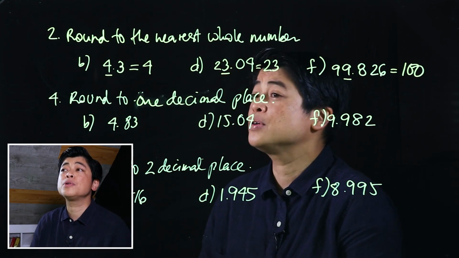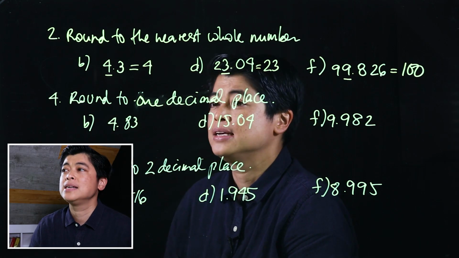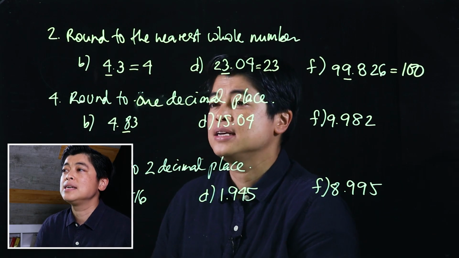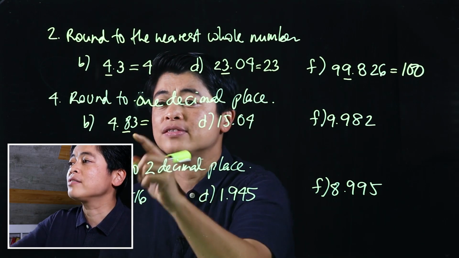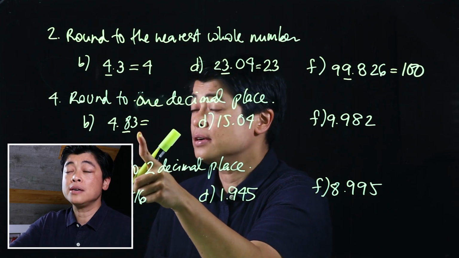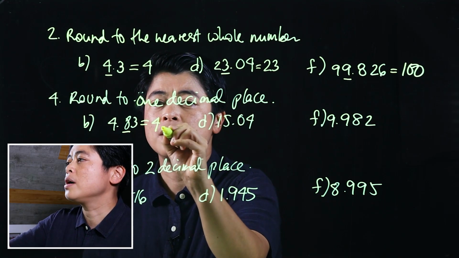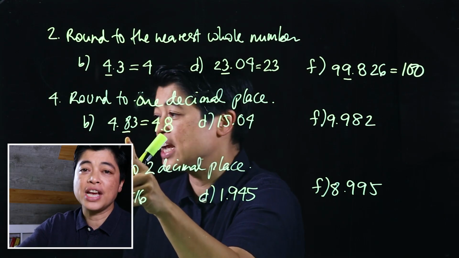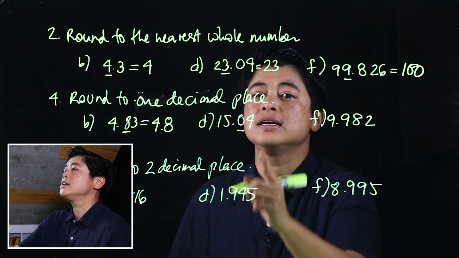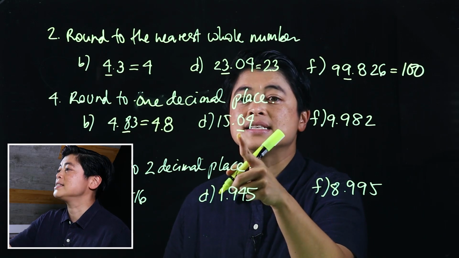Same procedure if it says round to 1 decimal place. Here's the first decimal or tenths place. I look at the number after the tenths place and it's lower than 5 in this case, which means this will be 4.8. It doesn't change. If we look at the first decimal place, the number after is 4, which means that stays the same. So that's